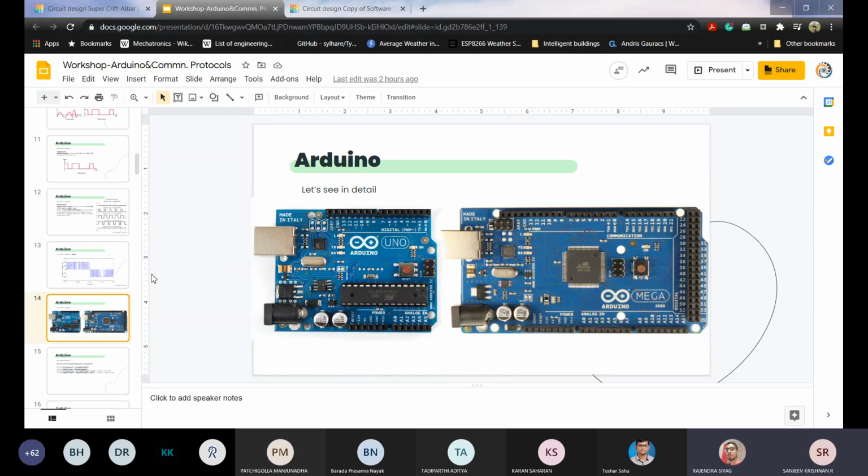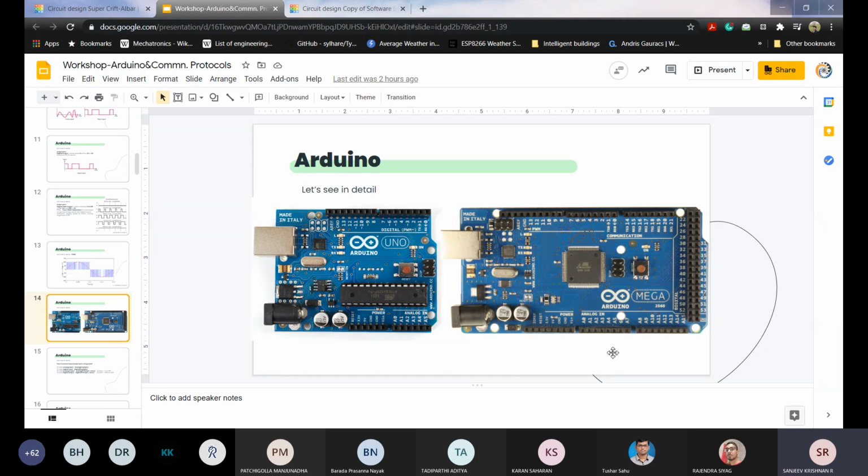Yes, sir. We can make PWM outputs, but not PWM inputs on the pins. Right, and I am telling you the concept behind it so that you can easily understand. If you have to take analog input, we need to pass the value through an ADC, analog to digital converter.